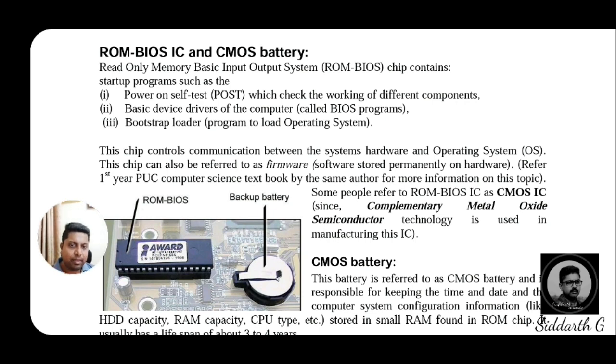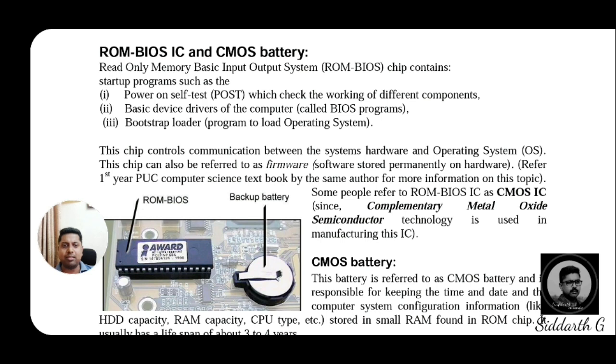And also the bootstrap loader, programs to load the operating system, is what we call the bootstrap loader. Before loading the operating system, it will check whether the particular program is working properly or not. Again, that function will be performed by BIOS. That is ROM BIOS, read only memory BIOS.